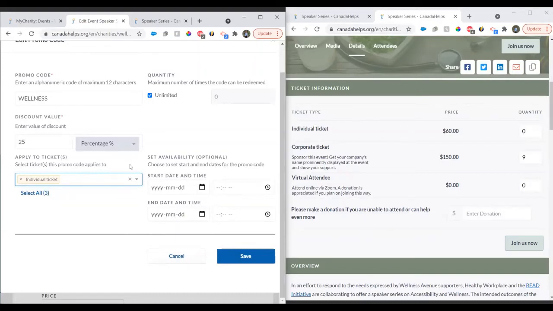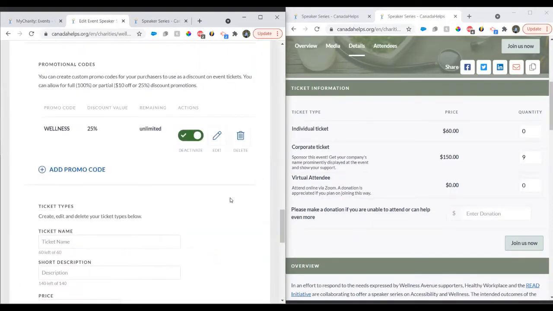You can even set the availability window, so like an early bird window. For example, people who purchase within the first 2 weeks of ticket sales being available can use the promo code to receive a 25% discount. And you can communicate that with your donors or attendees however you'd like. So you could save the promo code, and then when somebody goes to purchase a ticket, so in my case, if I go to buy an individual ticket here,